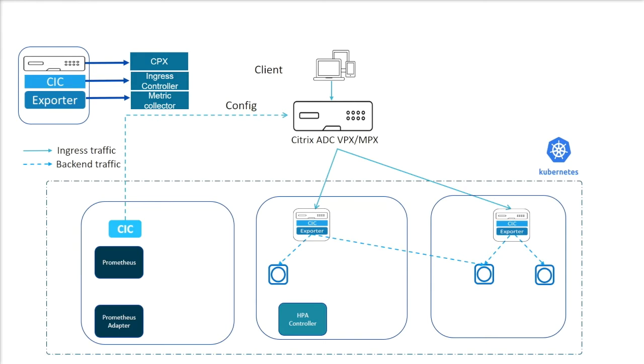We are using Prometheus adapter because Prometheus is widely used in the monitoring system of most Kubernetes clusters. We already have the Citrix metrics exporter scraping metrics from Citrix ADC and sending them to Prometheus. So now we only have to make the Prometheus adapter listen to the custom metrics requests from the HPA and respond to it with metrics from Prometheus.